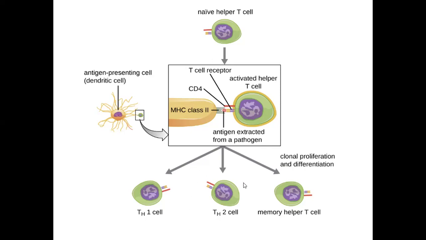T helper 2, which will take part in the humoral adaptive immune answer, and the T helper memory cell, which will take part in the secondary immune response. Okay, so this is a step of initiation of the adaptive immune system. Any adaptive immune response, any specific immune response, starts with this process. The process of recognition of a new pathogen by the T helper